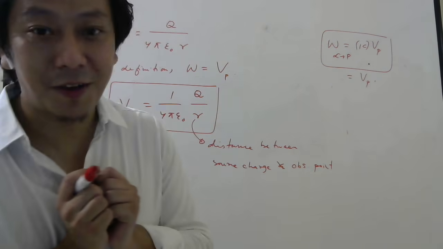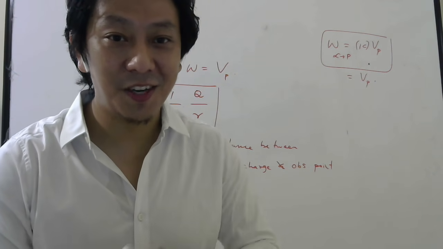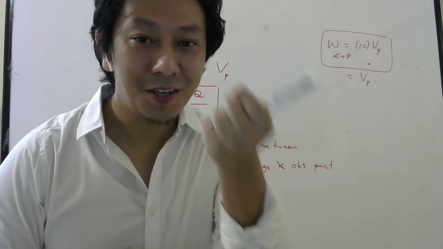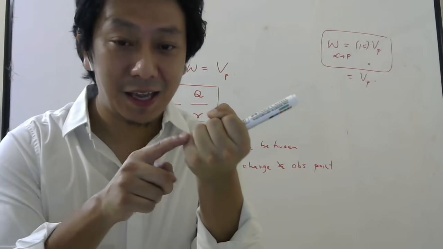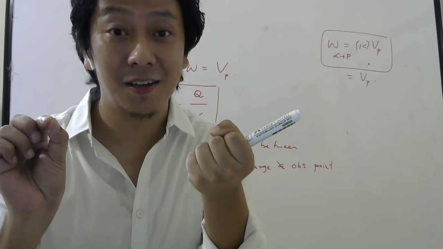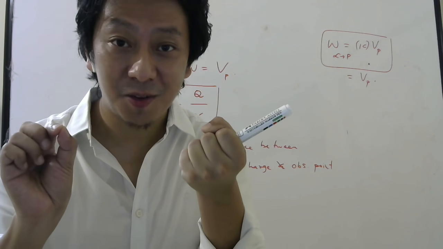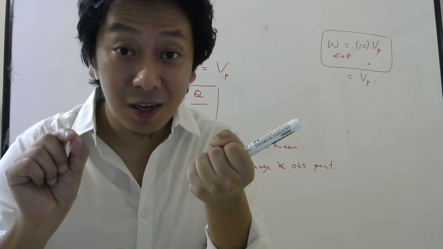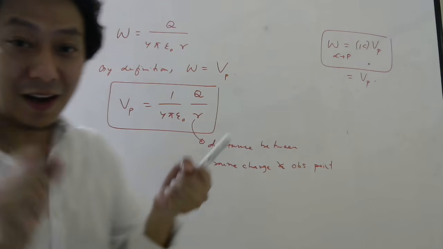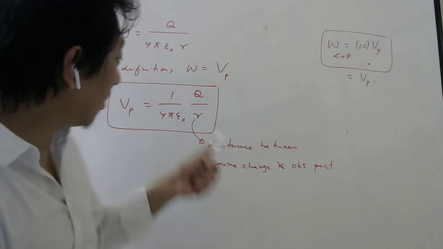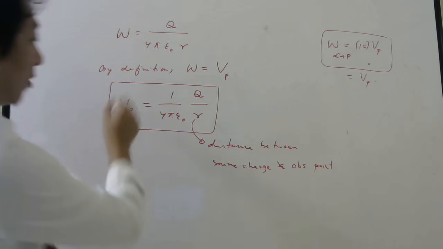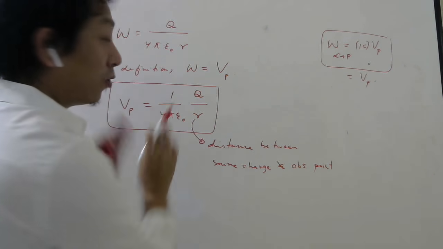So it's a very good thing we have done. Before, what you knew is, if there is a source charge capital Q, or whatever symbol you write, it is up to you, then at a distance r, at a point, we know how to calculate the electric field. What was the formula? 1 by 4 pi epsilon naught Q by r squared. Now you can tell me not only the electric field but also the potential. What will be the potential at point P? 1 by 4 pi epsilon naught Q by r. Understood or not, students? Okay, so please remember this formula, memorize it very nicely. This is only for a point charge.